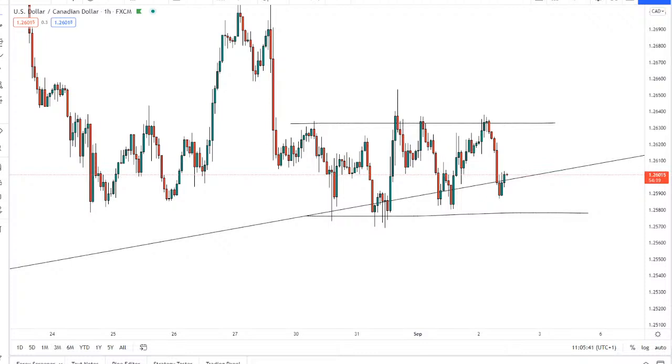picks a direction. Because a lot of the time with NFP we just see price spike in both directions and not really pick a direction until a couple of hours after it's actually happened, or sometimes it just goes off in one direction. So we'll see what happens there. I would like to be in a trade definitely before NFP. Hopefully, by Friday morning I could find one. If there is one, of course I don't want to force it, but